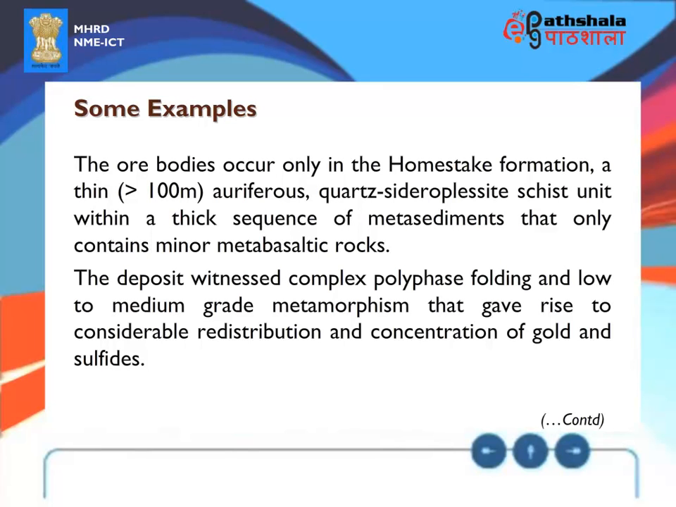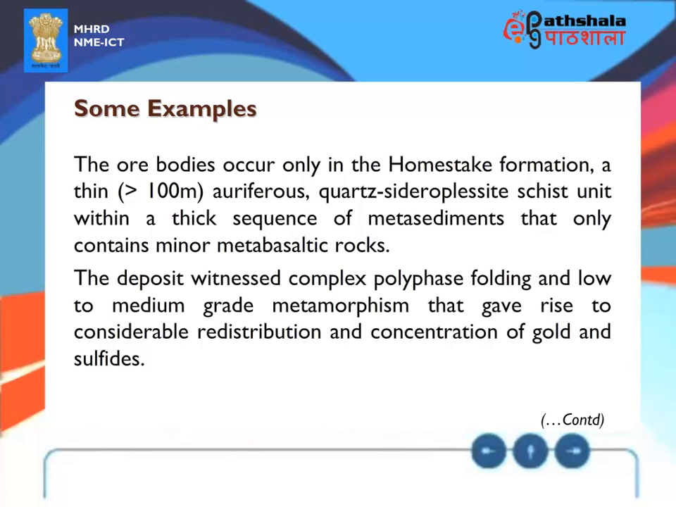The ore bodies occur only in the Homestake Formation, a thin auriferous quartz-siderite-schist unit within a thick sequence of metasediments that only contains minor metabasaltic rocks. The deposit witnessed complex polyphase folding and low to medium grade metamorphism that gave rise to considerable redistribution and concentration